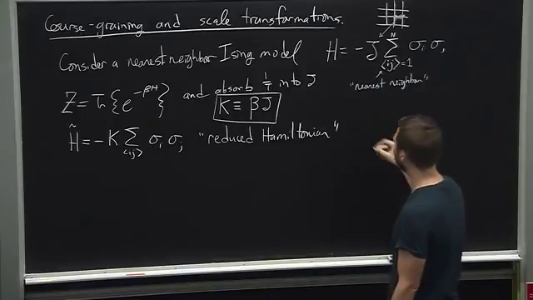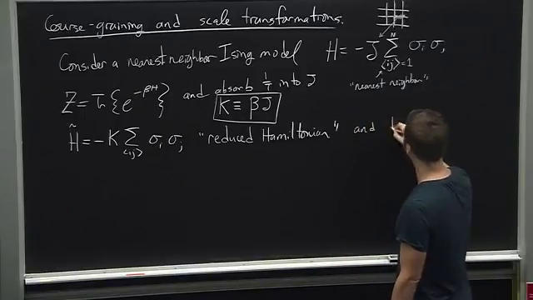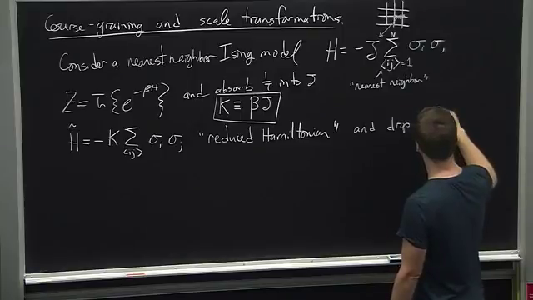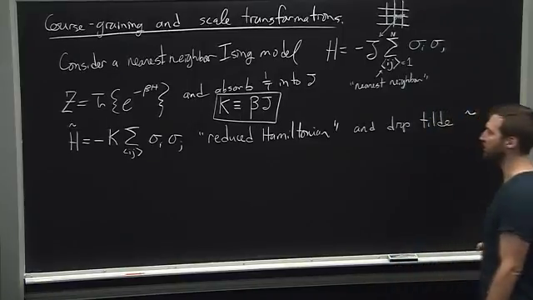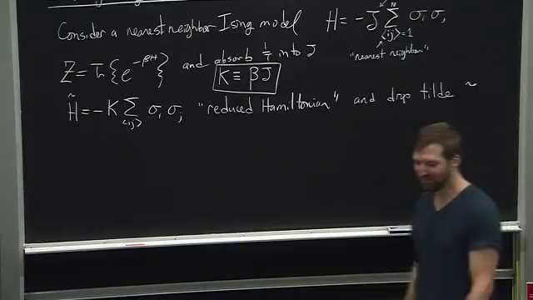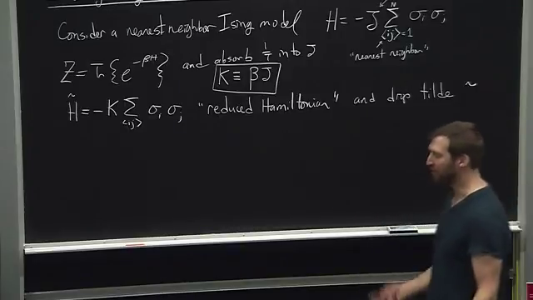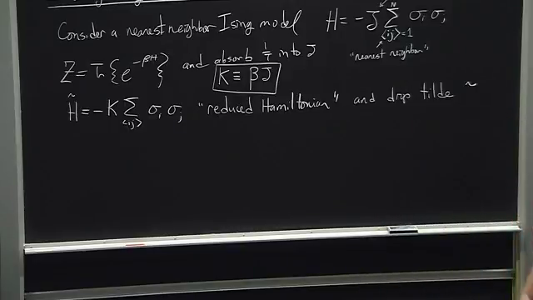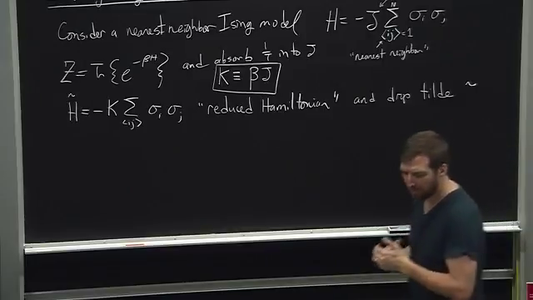Reduced, I don't know what it means. And we'll drop the tilde. So at some point you'll forget that you're working with the reduced Hamiltonian, but when you're wondering, like, where's my temperature? Okay, so